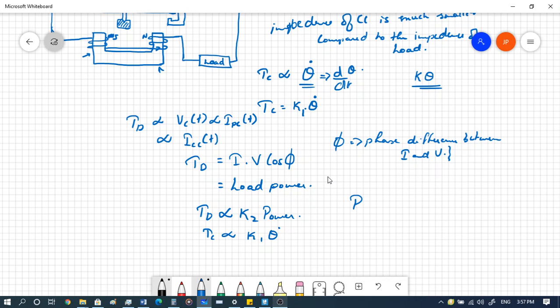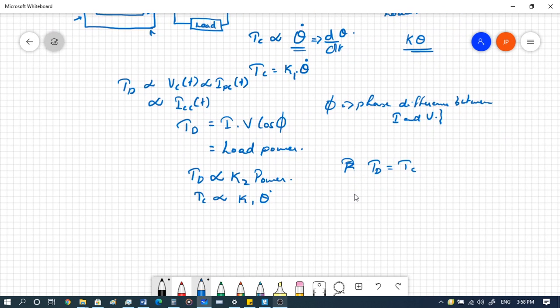So at equilibrium, what happens is that it accelerates the disk, and at some point when the power is no more being consumed, it comes to equilibrium and it stops. So we can equate these two, deflecting torque and controlling torque, in order to find what would be the corresponding deviations of the disk. So here the deflecting torque would be the time average of power,